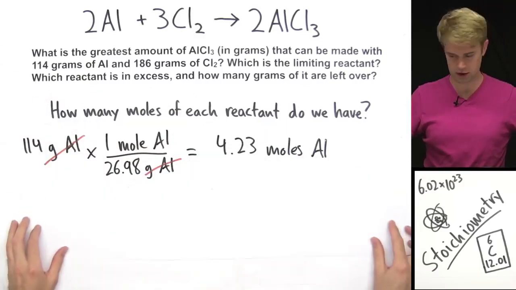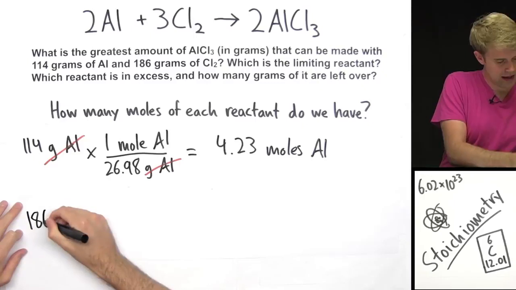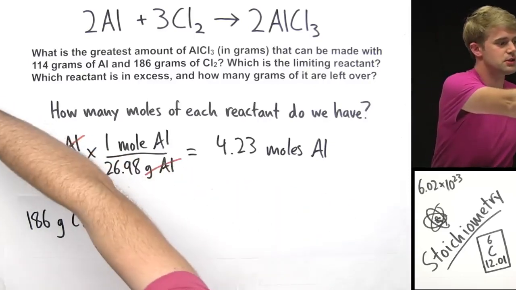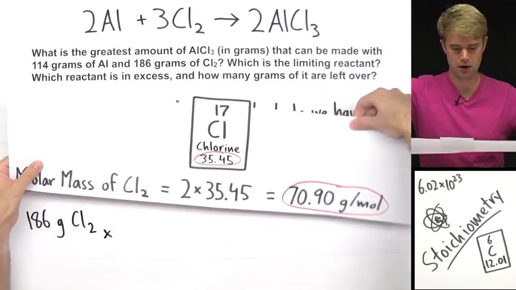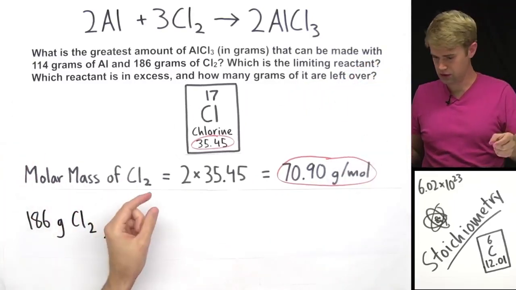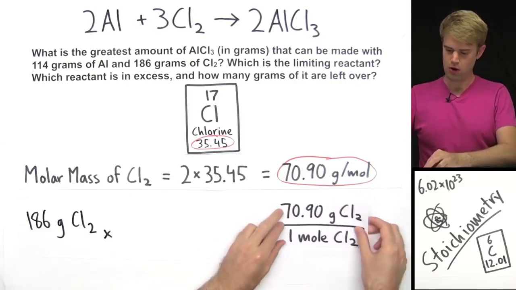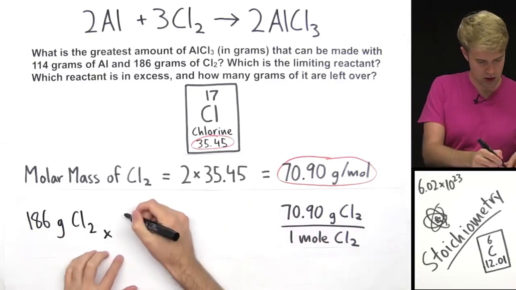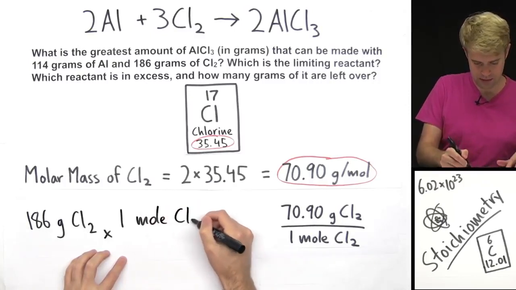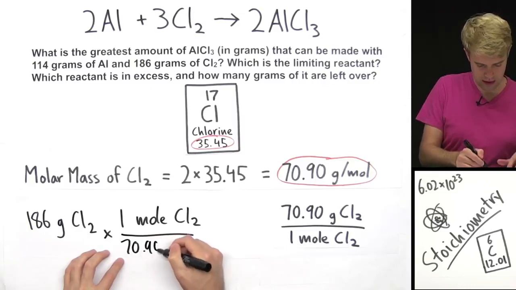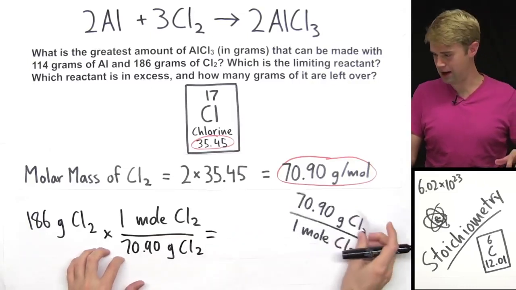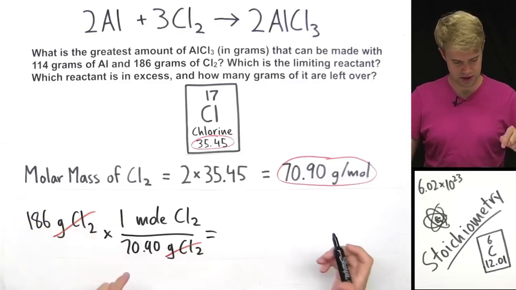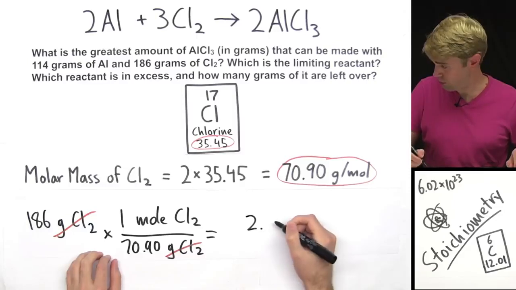Now let's do the same thing for Cl2, for chlorine. Okay, I have 186 grams of Cl2. I'll multiply that by a conversion factor that expresses the molar mass of chlorine. And here is that information. The molar mass of Cl2 is 70.90 grams per mole. We can think of it as a fraction, as a conversion factor like this. I want to get rid of grams Cl2, so I'm going to flip this. I'm going to put 1 mole Cl2 on top, 70.90 grams Cl2 on the bottom, and I'll go through and cancel this stuff. Gram Cl2 cancels out. This times this divided by this is going to give me 2.62